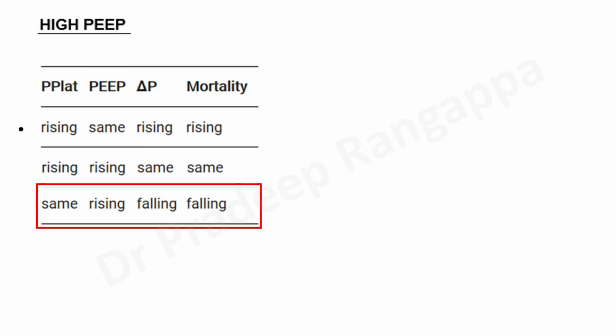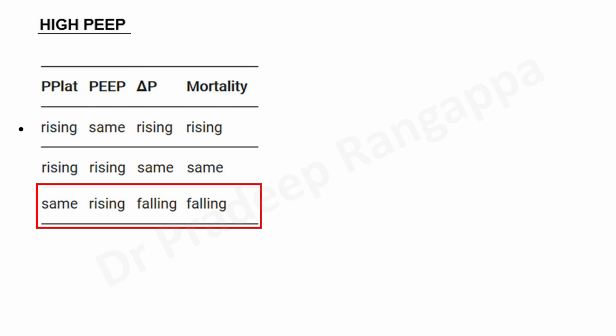So this is the way we have tried to understand the correlation of P flat, PEEP and driving pressure, and trying to recognize the group of patients which have recruitable alveoli where you are able to recruit with an increase in the PEEP, and by increasing the PEEP you are able to reduce the driving pressure, and by reducing the driving pressure it has been clearly shown that if your efforts are able to reduce the driving pressure, you are able to reduce the mortality. If your efforts are not able to reduce the driving pressure, if it is the same, then the mortality remains the same.